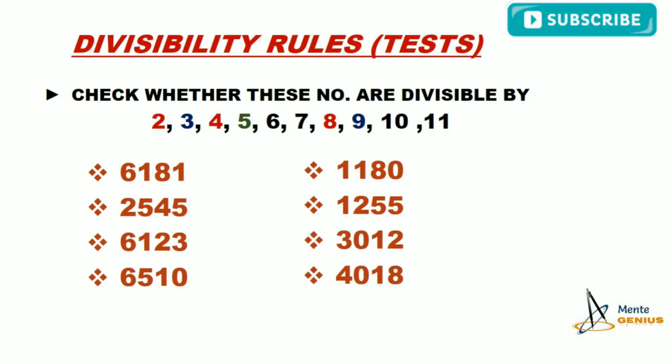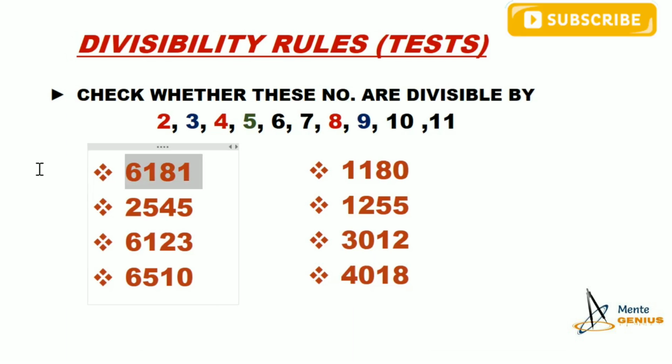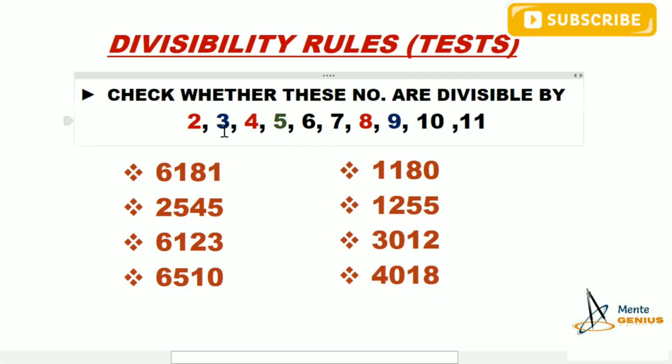For example, let's say you have to divide this number by 9. What will you do? You could divide this number by 9, but by using divisibility rules, we can first check whether it will be divisible by 9 or not. Divisibility tests by 2, 3, 4, 5, 6, 7, 8, 9, 10 and 11 are so simple and easy to use. We can easily check, without wasting our time, whether the number is divisible by these numbers or not.